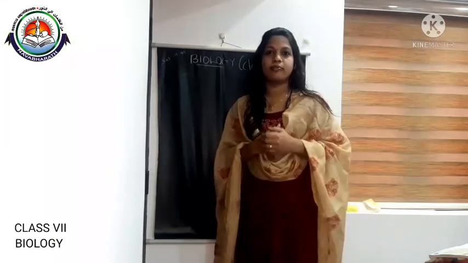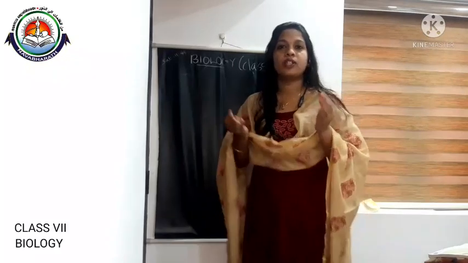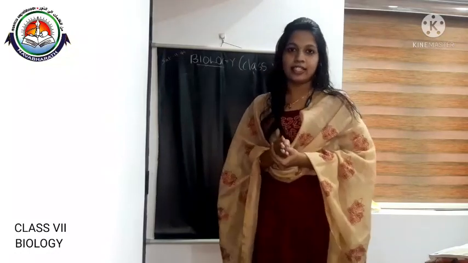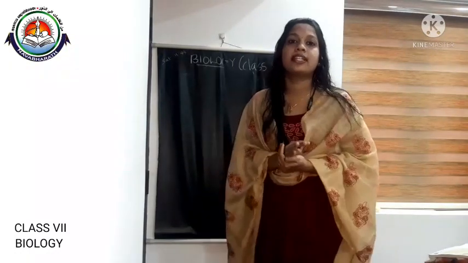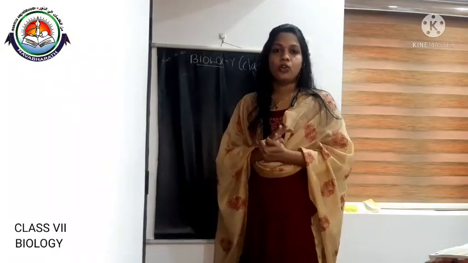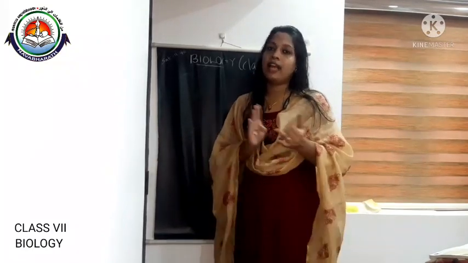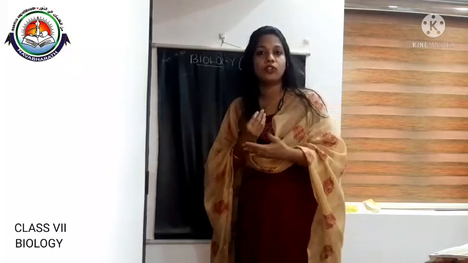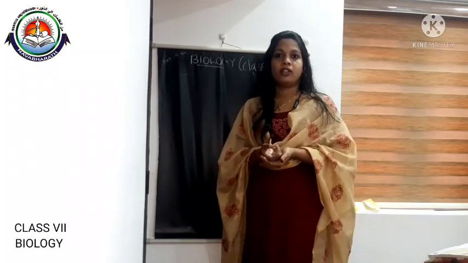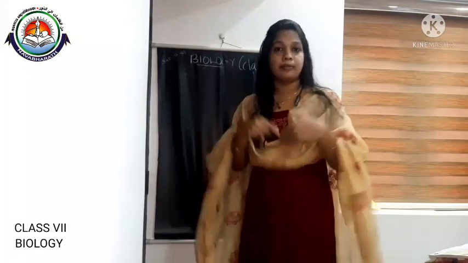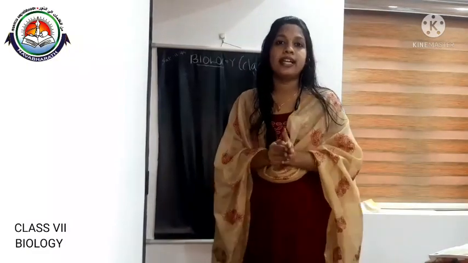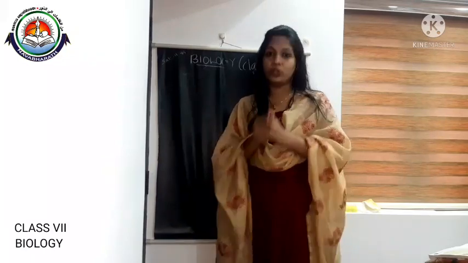This is our second class of biology, and in the previous class, we discussed the sources of food and the components of food, isn't it? So we know that food is a necessary element in our life, and food helps us to maintain a healthy life. We get food from plant and animal sources, and the most important source of food is plants. And how do the plants get food? Yes, they prepare their own food material, and hence they are called producers or autotrophs, right?